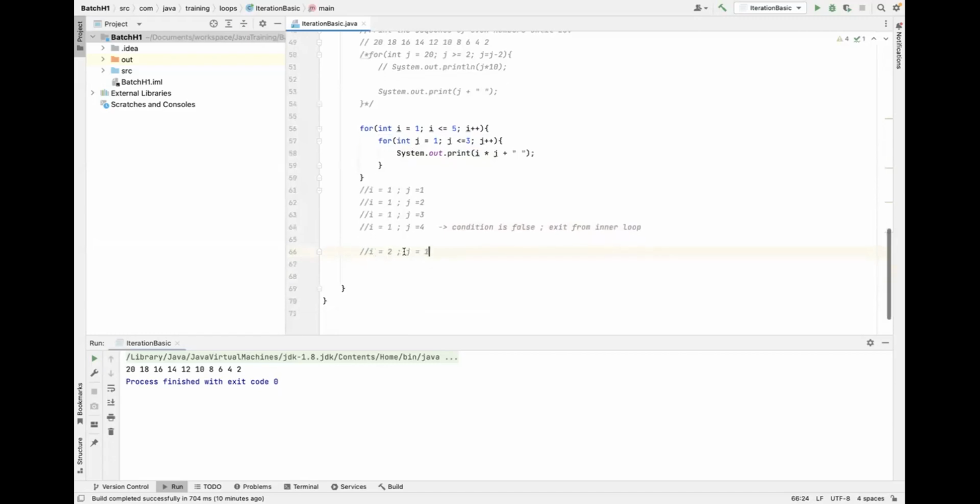And i is equal to 2 now and j is equal to 1. So basically we are in the inner loop again. Now what happens is we will increment j again. Now j becomes 2, and i is again 2. So our next iteration would be,